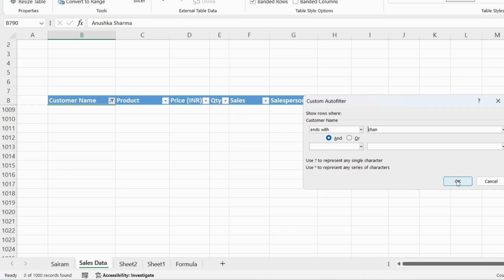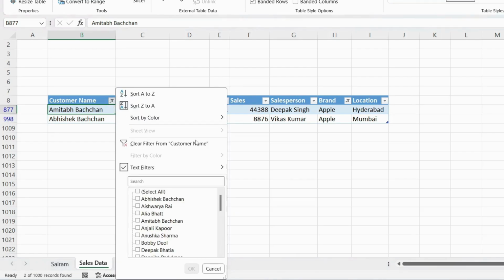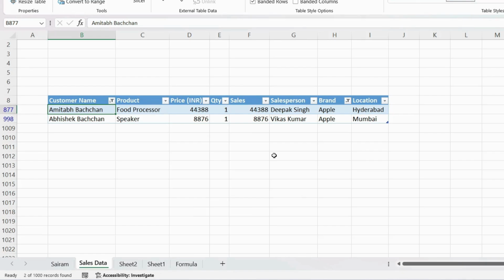Whose name ends with Chan. So it gave Abhishek Bachchan and Amitabh Bachchan. This is one such powerful feature where, by using combinations of words, you can filter out whatever data you want. So you can always apply the sort option